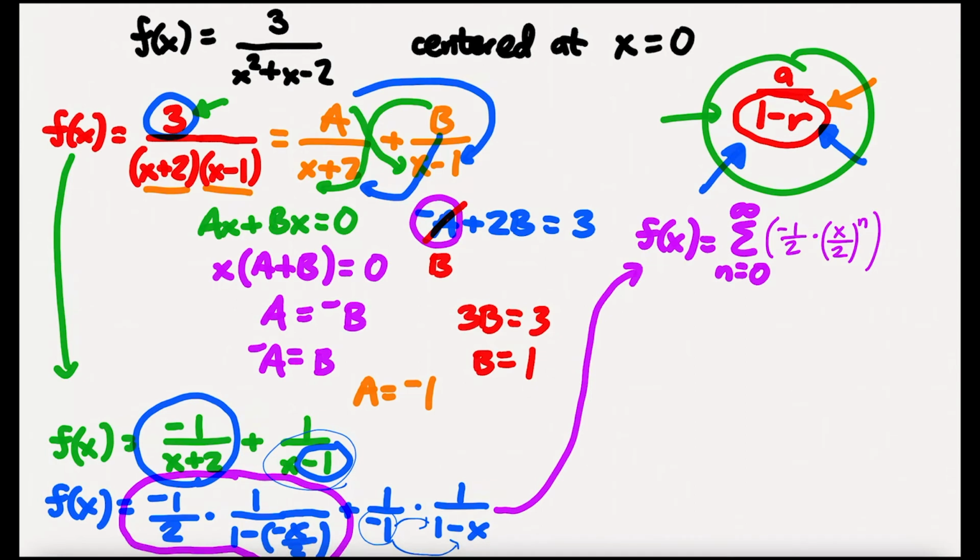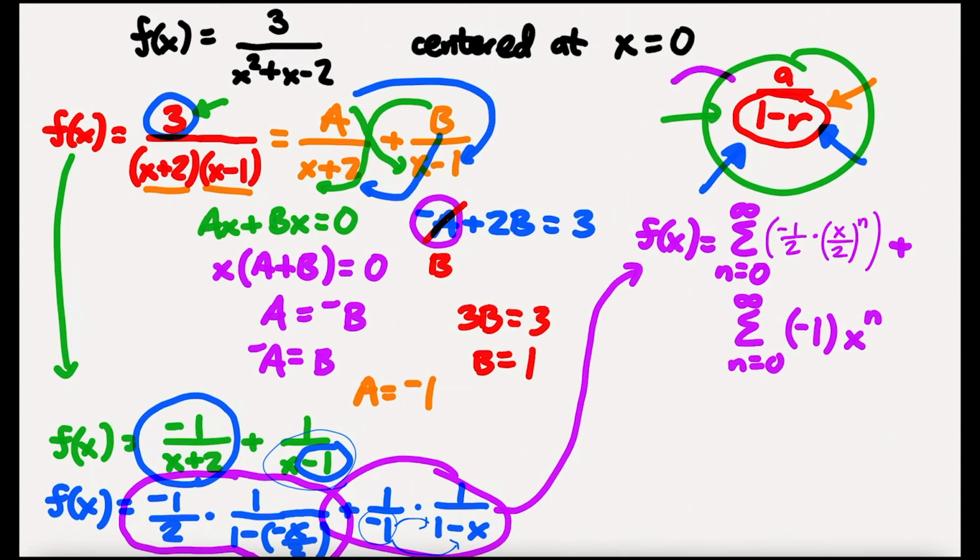Okay, now I'm going to do the second part right here. So I'm going to be adding this to, again, the same summation. Only this time it's essentially going to be -1 to the x to the n power, because it's just 1 over 1 minus x, which is in the same format as the geometric series, so that makes it kind of easy. Your r is just going to be that x. That's what I did right there. So you end up with an answer like this,